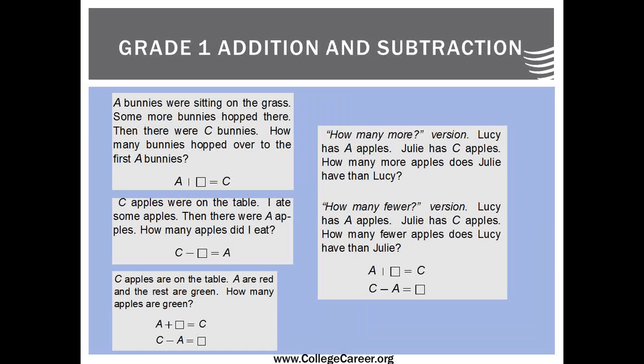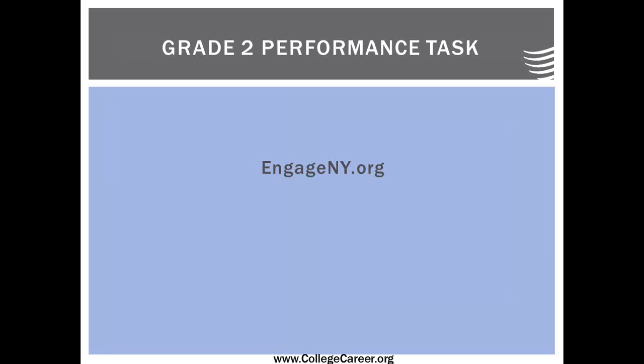Same thing in first grade. Now I'm going to have more words in first grade, slightly more complex concepts like how many more or how many fewer. And in the mathematics, I'm going to be solving for different kinds of variables, different areas on that same mathematical sentence. Complexity is key. That's why we have priorities 2 and 3 for you as complexity and inquiry. I'm going to show you in a minute how we attack this, but let's look at a few more examples